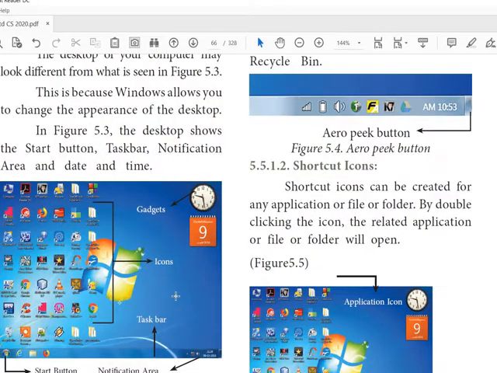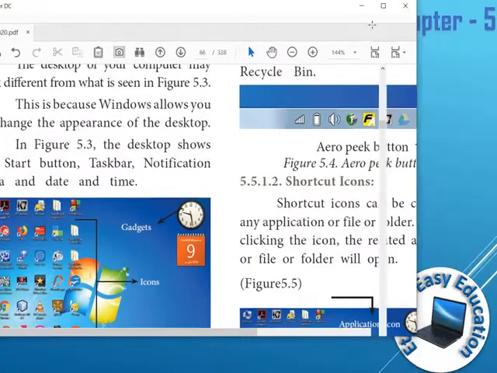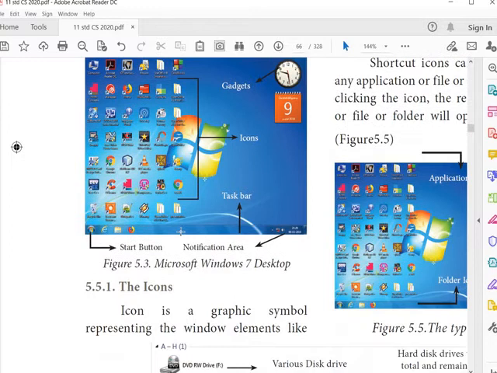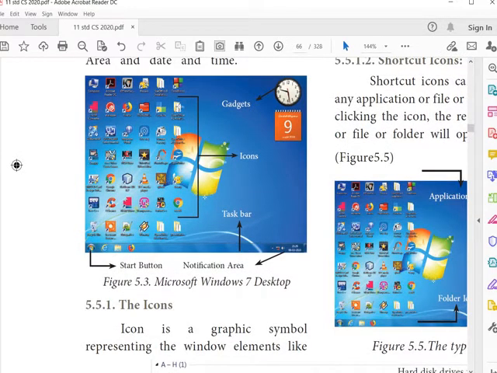It depends upon the taste or the requirement. It's a screen. If many icons are in the desktop screen, all the small images are said to be icons.